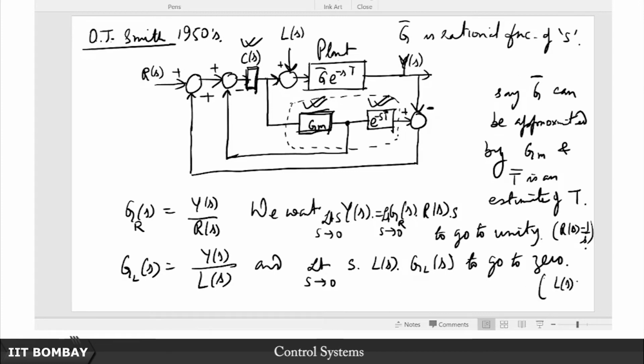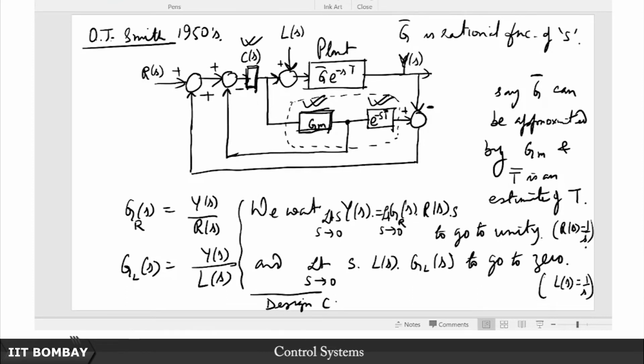Suppose L(s) is equal to 1 by s, okay. So, typically if it is a constant load disturbance, then we want to be able to reject it. The effect of this load disturbance should not be felt in the long run. So, therefore, what we want is this transfer function to go to 0, and based on these two goals, design C(s) to meet these